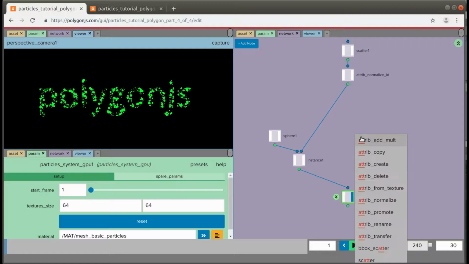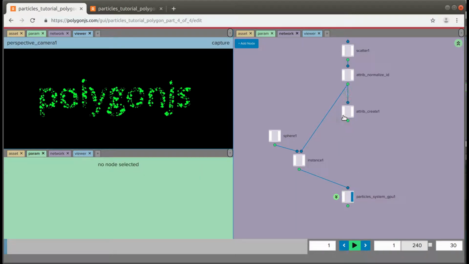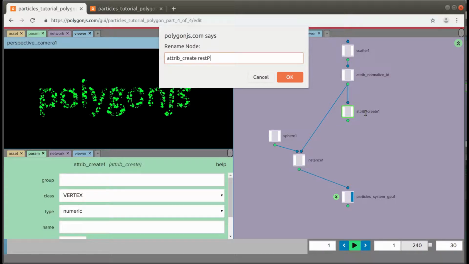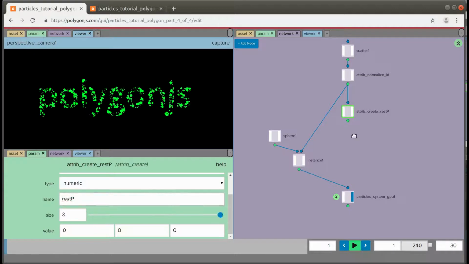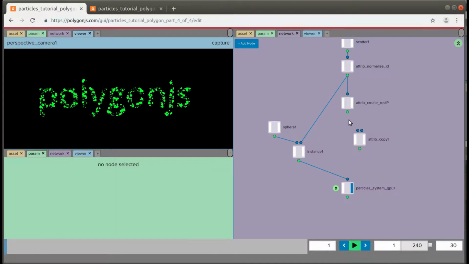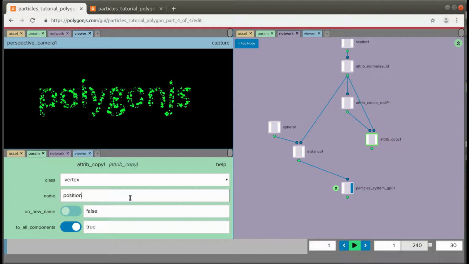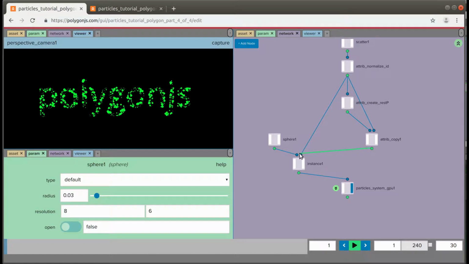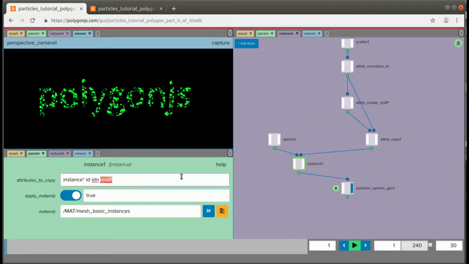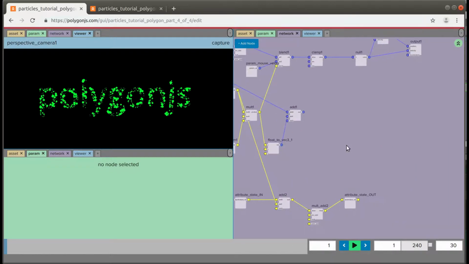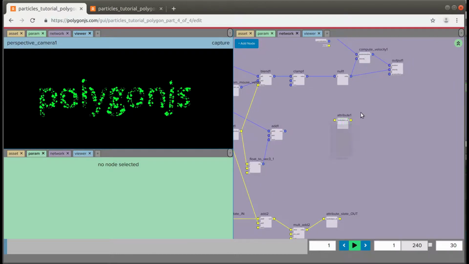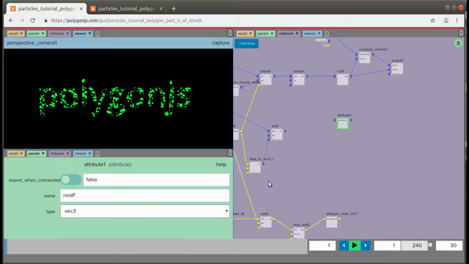So I'm going to create the attribute here, attribute create. I'm going to call it rest p, and I'm going to make it a 3 float, and I'm going to copy the position into it. I need to make sure that I export it here, that we have the rest p here, and now if I go back here, I need to import it, rest p here,